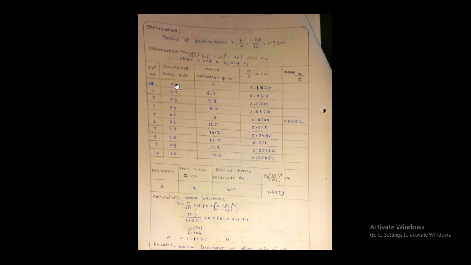The fractional resistance box R, steady deflection phi on the horizontal scale of the lamp and scale arrangement, on which we can see the deflection of the spot from here and there. And finally we have to take R upon phi as a ratio, ohm centimeter. Now when we put 0.1 ohm resistance from this fractional resistance box, at that time points number 3 and 4 are connected combinedly to this resistance box. We have to pick up 0.1, 0.2, 0.3, 0.4 and so on for 10 successive readings.